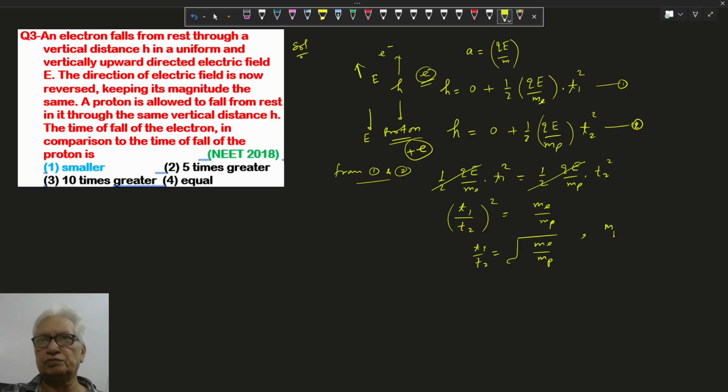Now we know the mass of proton is 1836 times the mass of electron. So this quantity is less than 1. So T1 is less than T2, means option